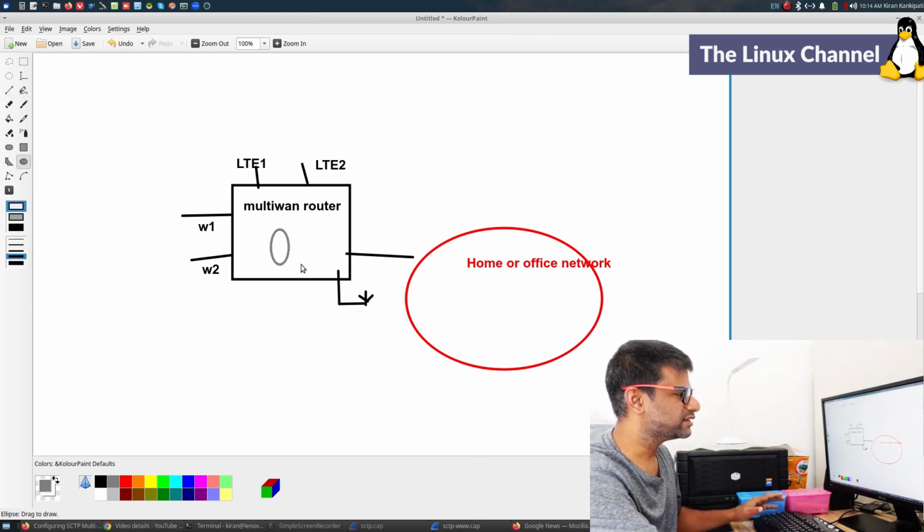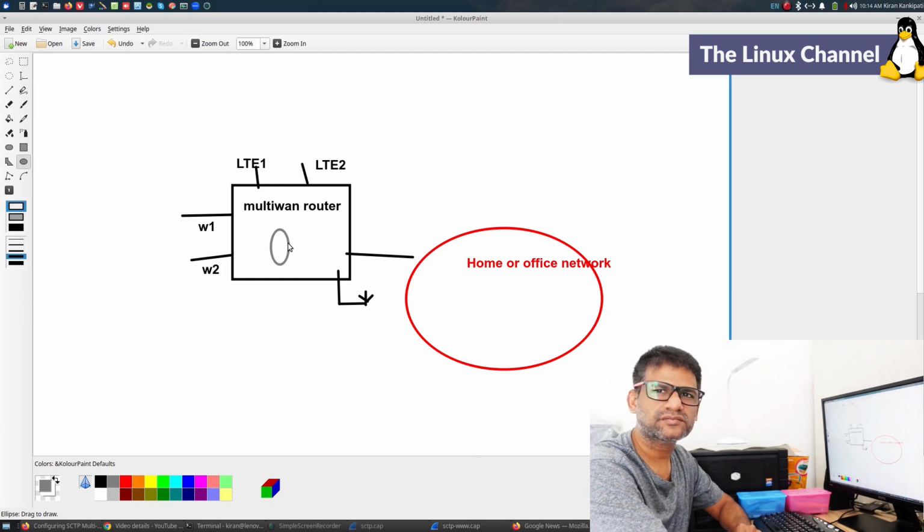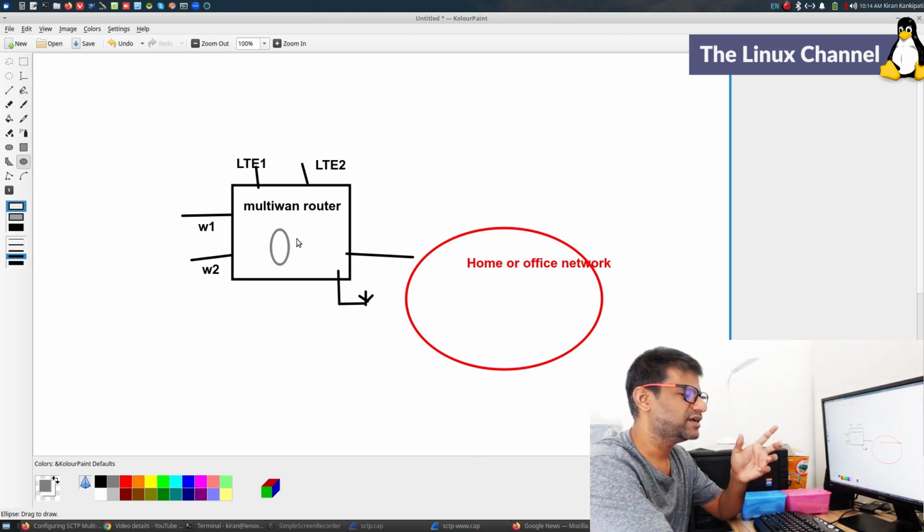It can take this, do some sort of VPN stuff, put it inside the encapsulated path, and then create multiple MPTCP subflows.